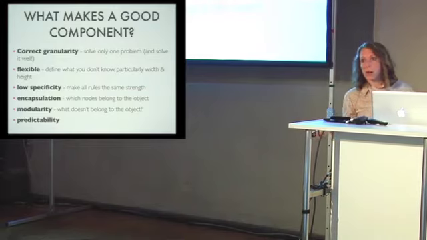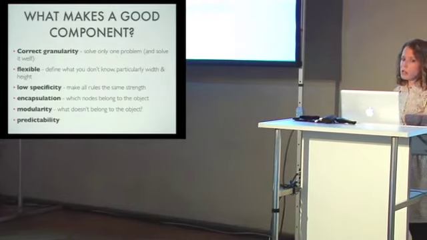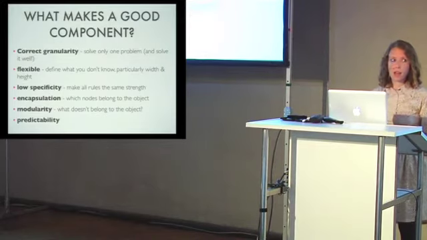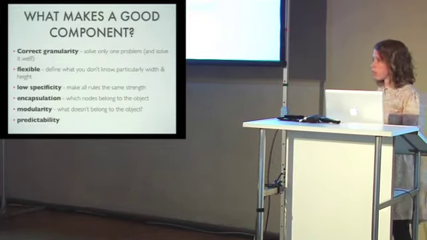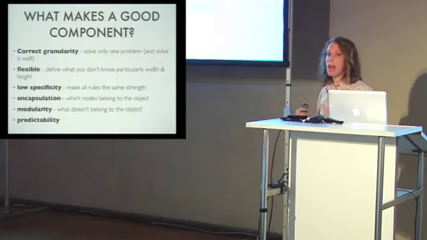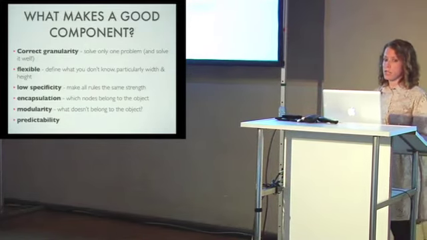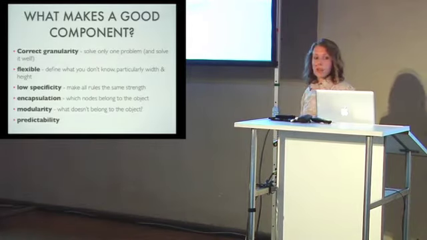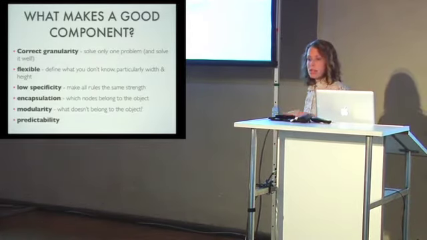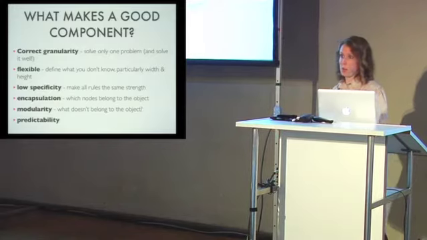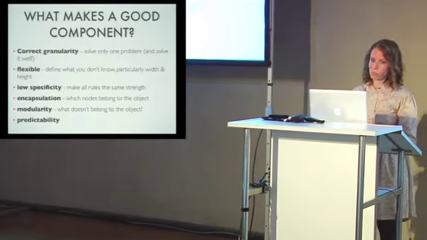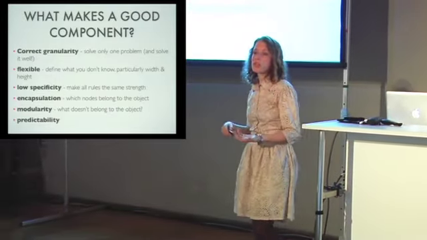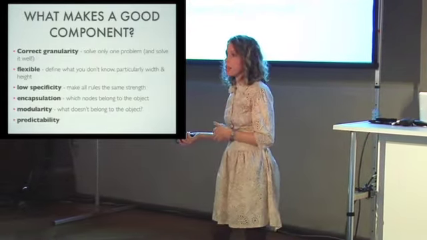So what makes a good component? What do we need? We need correct granularity to solve only one problem with our object. We need it to be flexible and define what we don't know, define how it's going to work in circumstances we didn't originally predict. We want low specificity. We want to make all the rules the same strength, and we want our objects not to interfere with the existing website. We want to define our encapsulation, which means which of the subnodes belong to this object and which